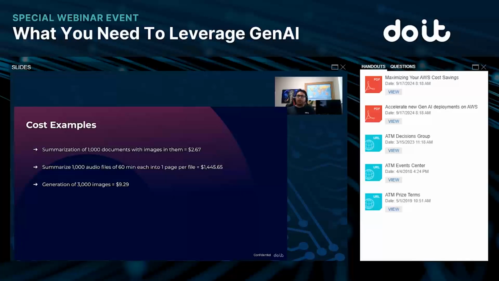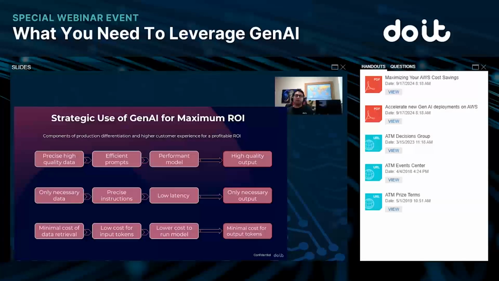All right. Now, this is one of the last slides. I just want to make sure that we bring all of this together. We've been talking about all of this. Precise data, lower your latency, lower your costs, then that's going to translate into more precise inputs. So you're paying for how much text you're sending to the model. You want to make that concise, in a good length that will give you the output that you want. So you're doing that math. The least amount of text that you send to get the best answer out. So that's a balance in there.